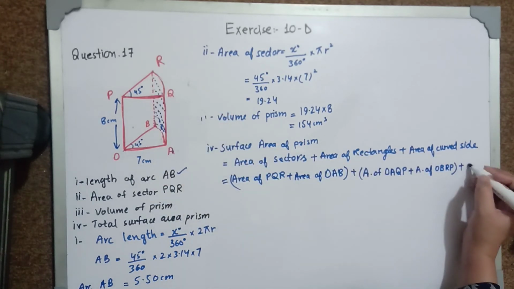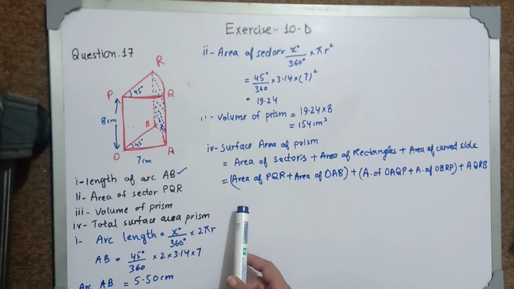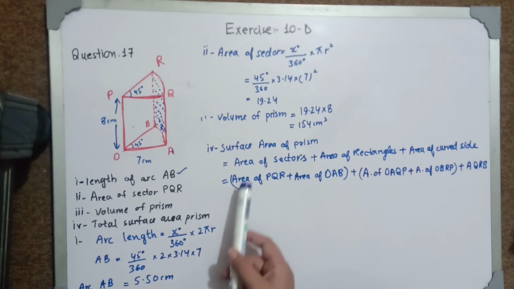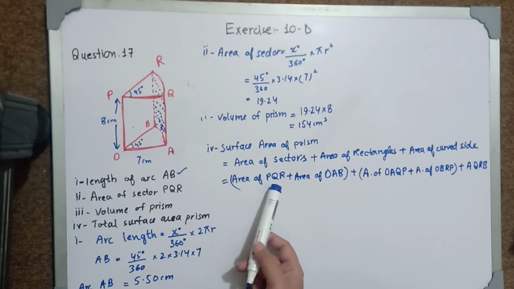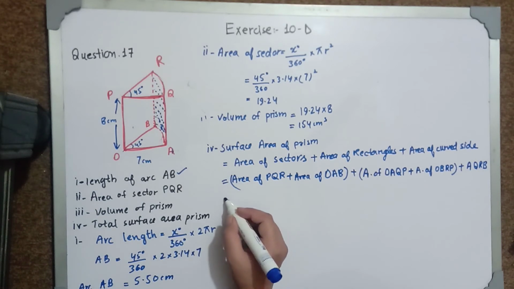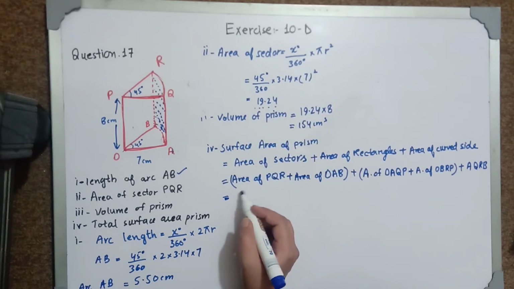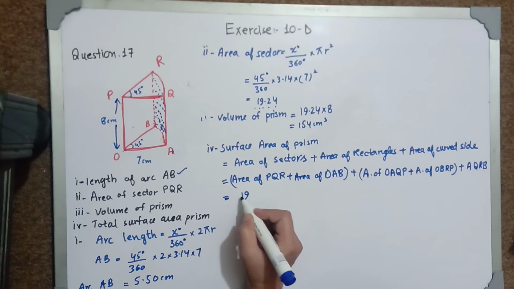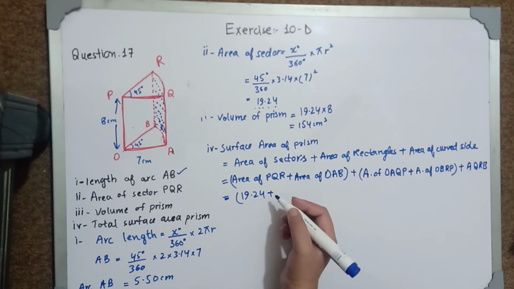Now we know that we just found the area of sector, that was 19.24. Now of course both the sectors will be equal as both the sectors are equal. So I will add area of sector 19.24 two times, right? So I'm going to write here 19.24 plus